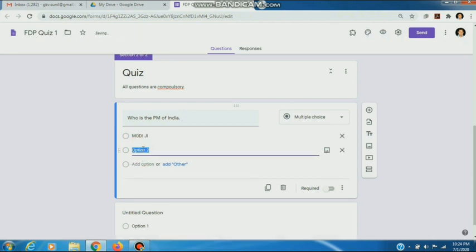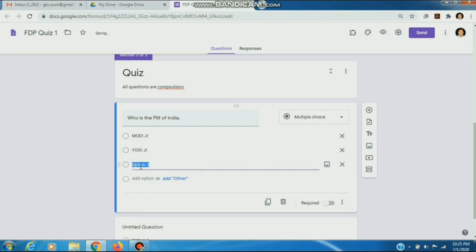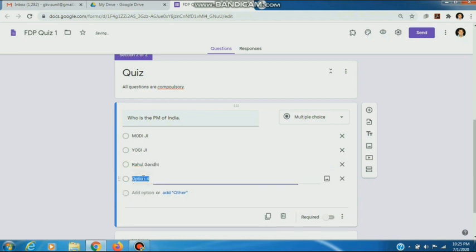Second option, we can add as many options as we require. Yogi ji, Rahul Gandhi, none of the above. Whatever options we can choose.